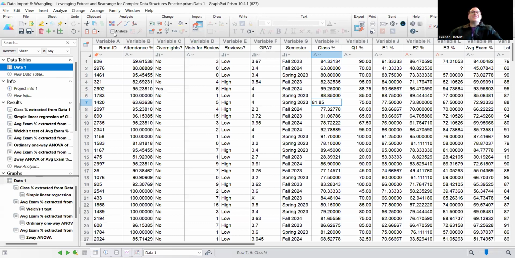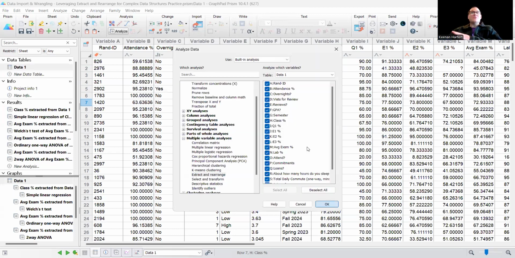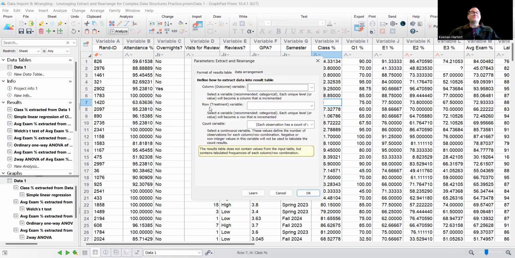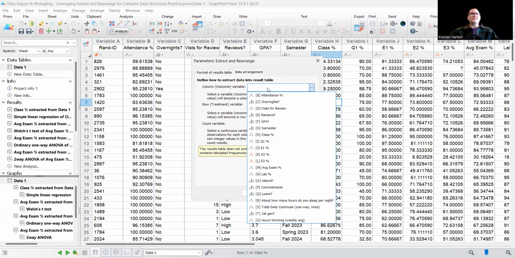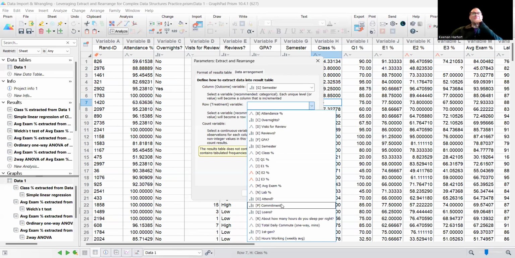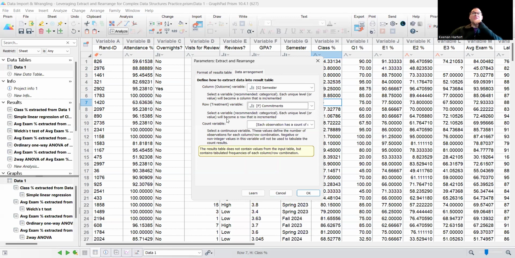All right, last great tool to set up is one that, again, you can still use for strict analyses like I'm about to do, but this is also just really good for summarizing this massive pile of data right here, right? So let's say again, I want to say, here is my recommended column variable, yeah, let's do semester again. And then treatment is going to be, yeah, I'm going to say, did you have high commitments or not? So what this is going to do is set up in a total how much are of each subcategory totals